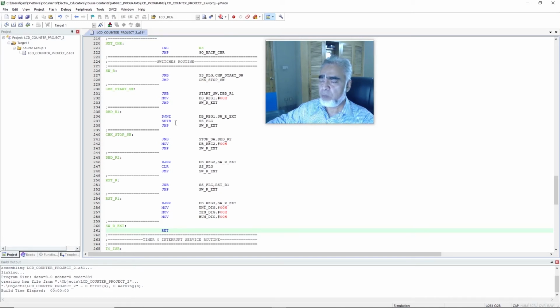It means that after the debouncing delay, we have set the status of the start stop flag, and if the status of the start stop flag is 1, then our program will come to the next line, and here it will come to the subroutine that is check stop switch, and here it will check the status of the stop switch. If the status of the stop switch is 0, that is, the stop switch is pressed,